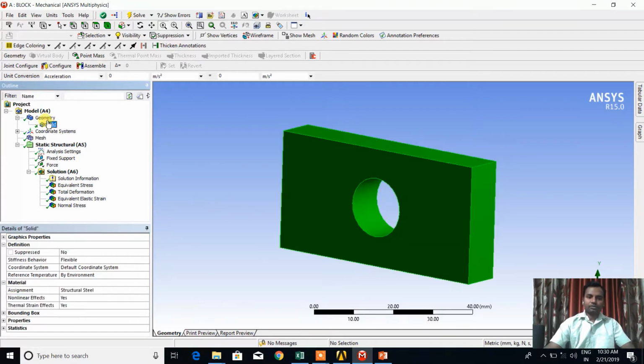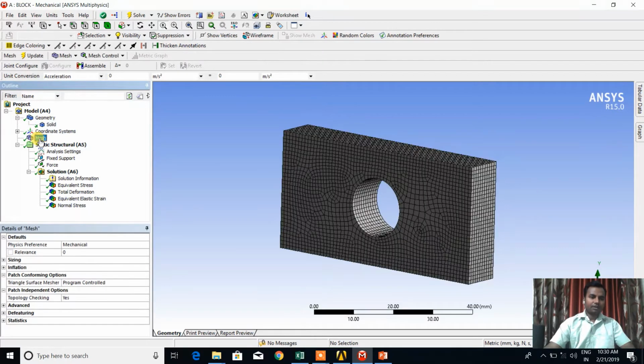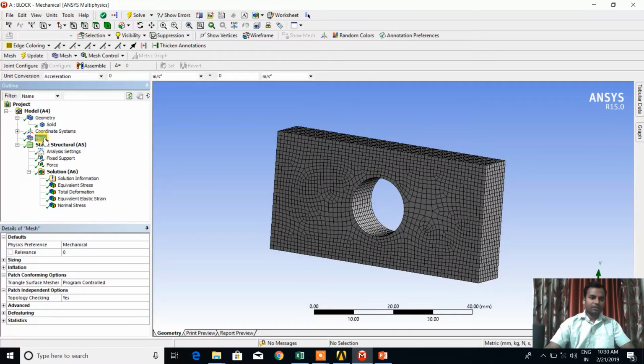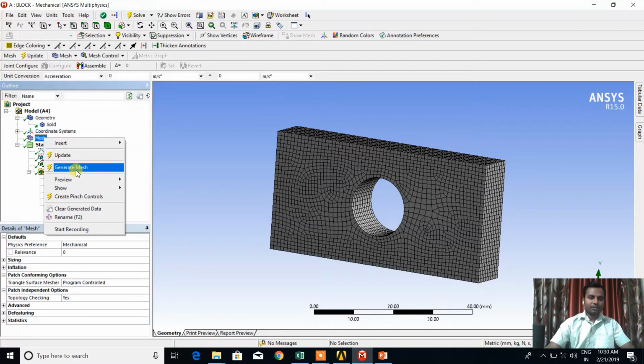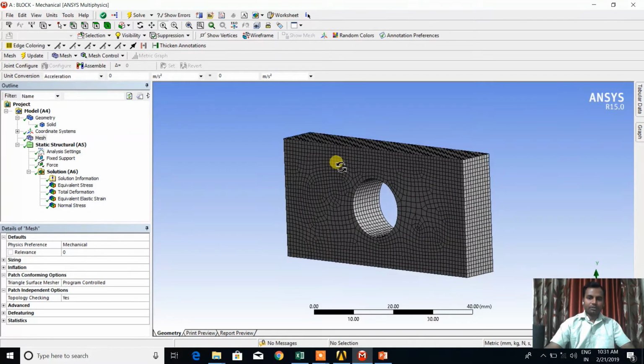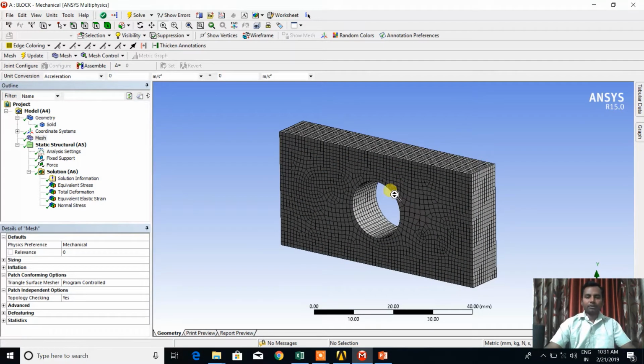So this is the solid body under the geometry. Thereafter the part that mesh is showing here. In the last lecture we just right clicked and generated mesh, so that the meshing has been carried out. But this is the automatic mesh based on the geometry, whether simple or critical.